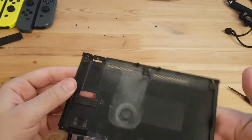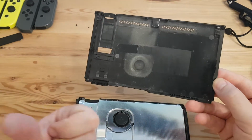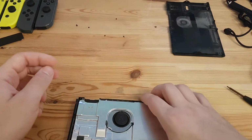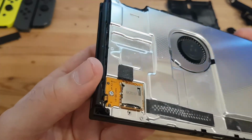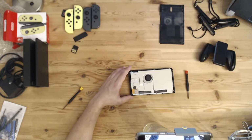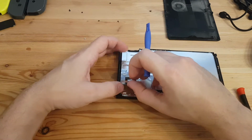Wow, that's actually pretty dusty. While that looks like a bad thing, I am actually sure that no one was in this console before me. That is nice. The microSD card reader. That looks a little bit water damaged. Don't quite know. I need to get rid of this foam. Oh, is that possible that...